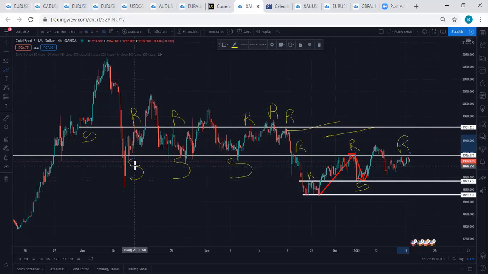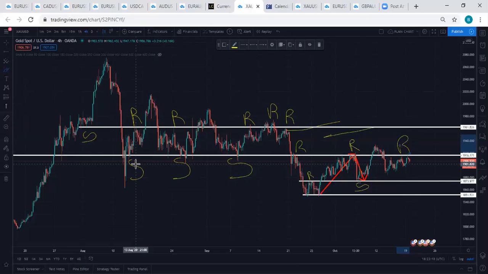So I just showed us how support and resistance works. At support, you are looking for candlestick confirmation to know that the support will hold for you to go for a buy. Support is a floor, and when a ball bounces against a floor, it goes up. So you want to go in the direction the market is going. You want to be buying when the market is buying, and selling when the market is selling. The moment you are buying when the market is selling, or selling when the market is buying, you are losing money, and there's every tendency price will hit your stop loss.